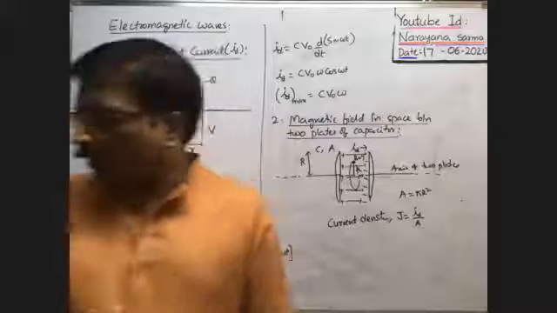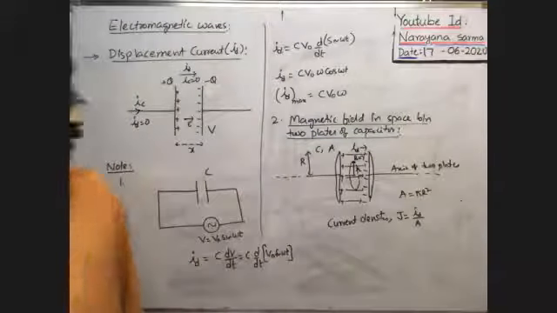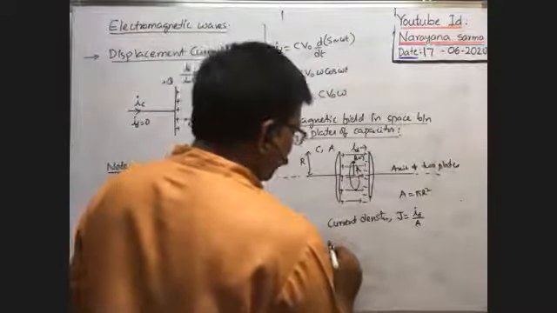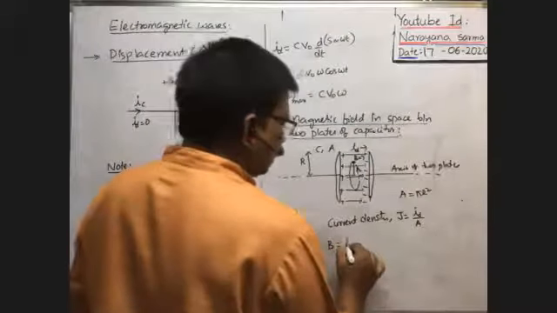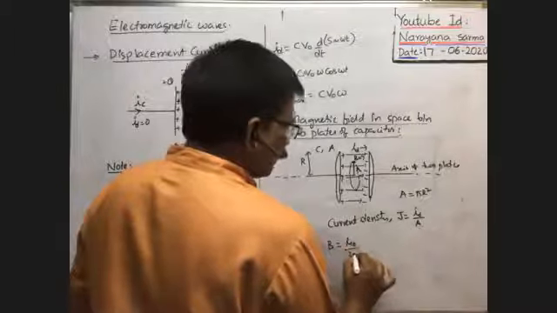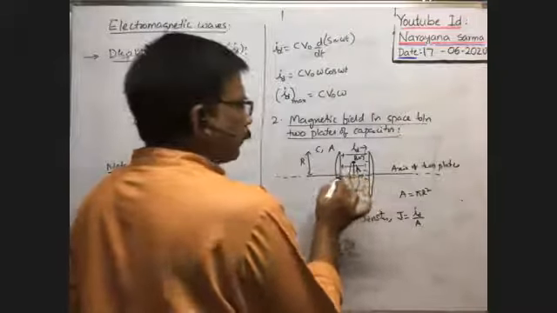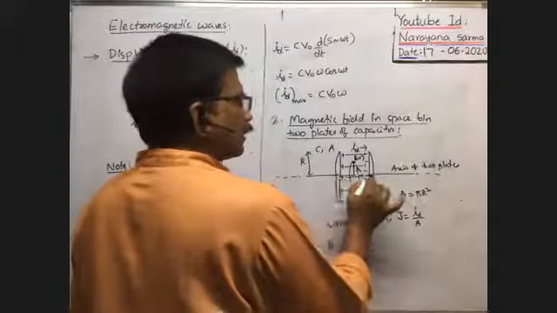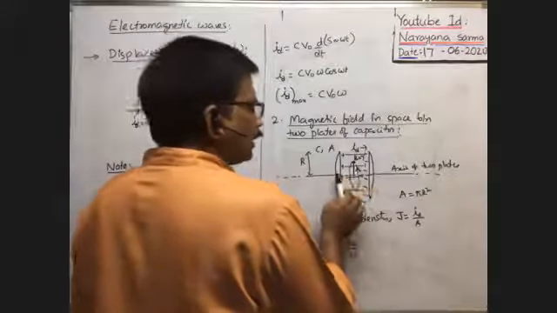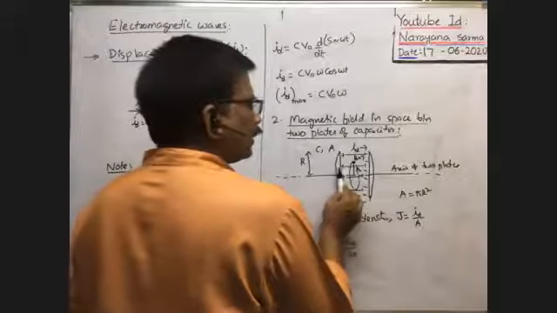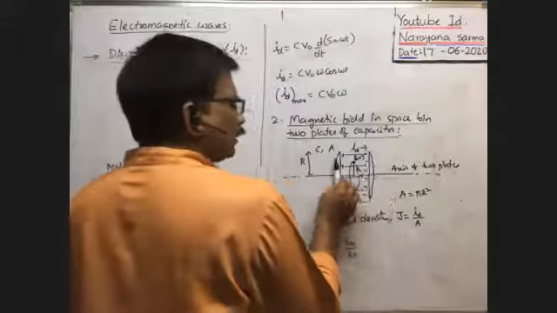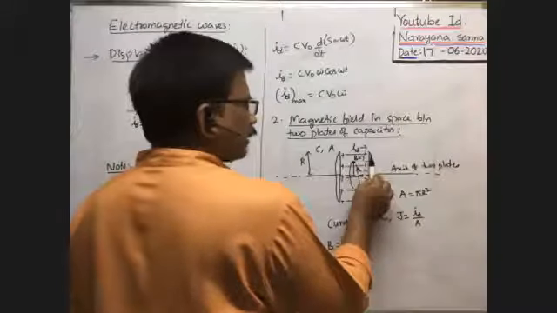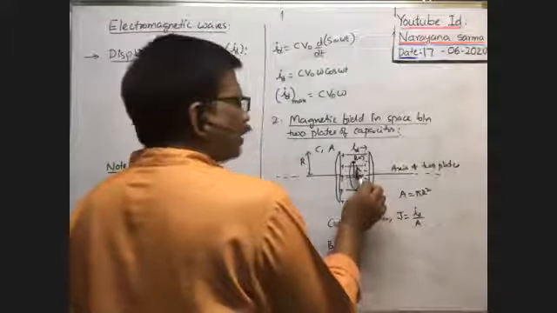Mu naught by 2 pi into I by R, the formula is there, no? That's why here also, at this point, to find the magnetic induction B, it is equal to mu naught by 2 pi. Because this distance is very small compared with the distance between the two plates, we can imagine this distance as a long distance. It behaves like a long current carrying conductor, whenever this displacement current flows from one plate to another plate, from the axis at a small distance r.